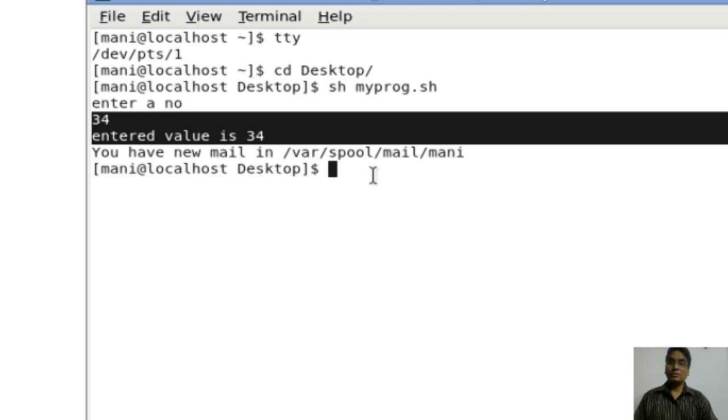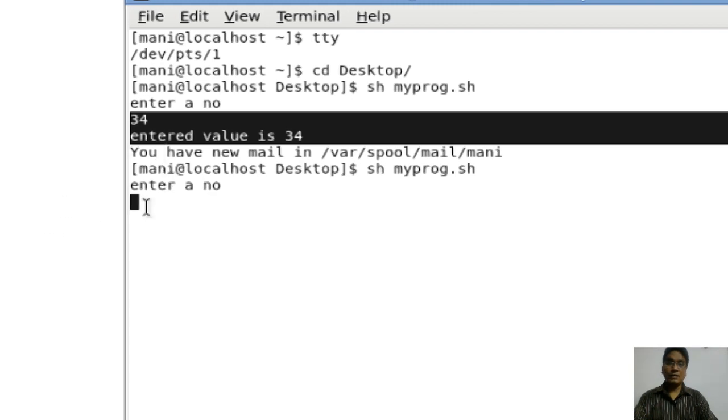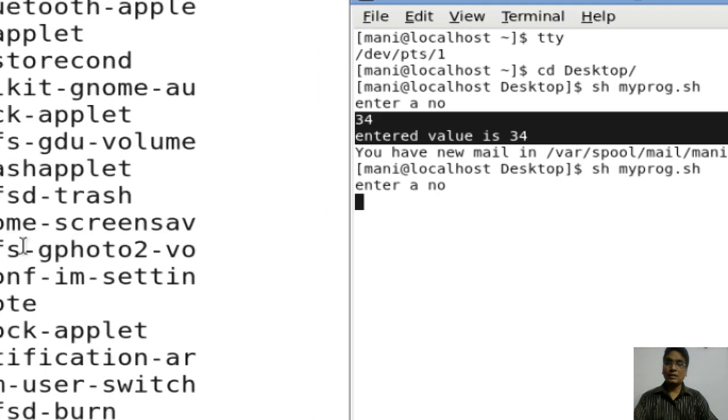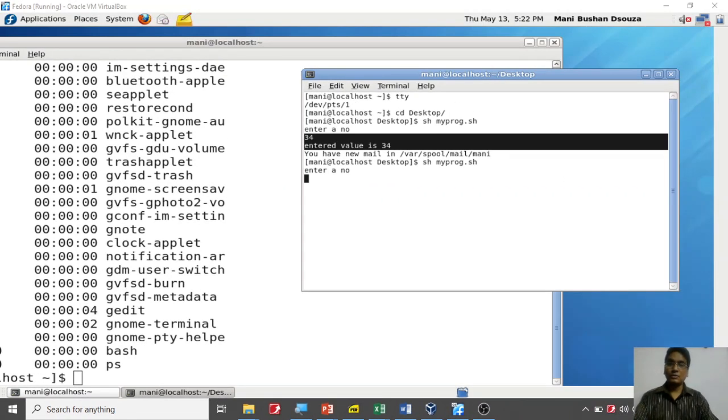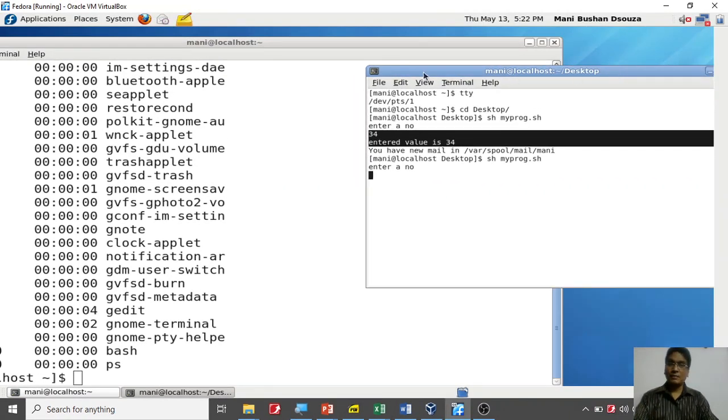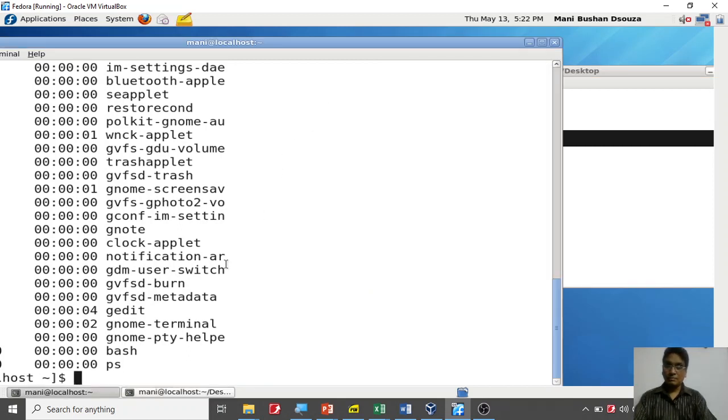Now what I'm going to do is start this one more time. The program is still running because I'm supposed to enter a number here. Now I'm going to go to the other terminal. Let me zoom out for you. This is my one terminal, and the bigger one is my other terminal. Let me clear everything.